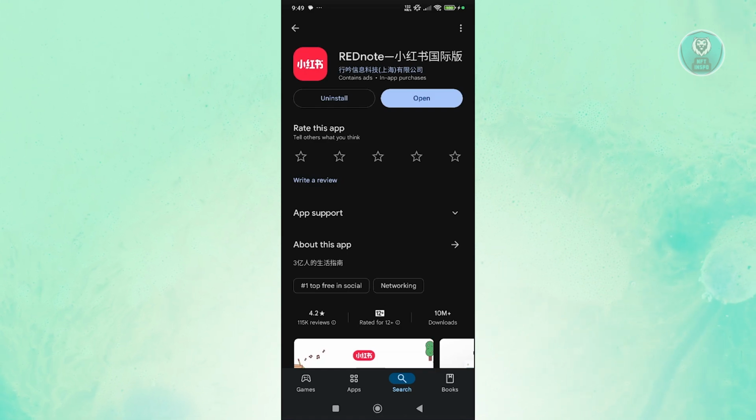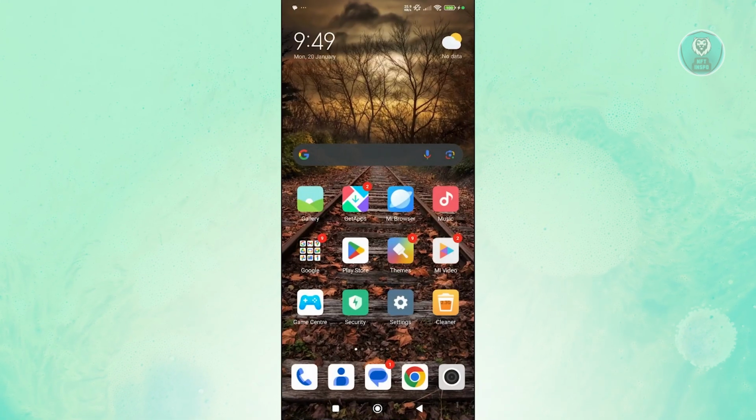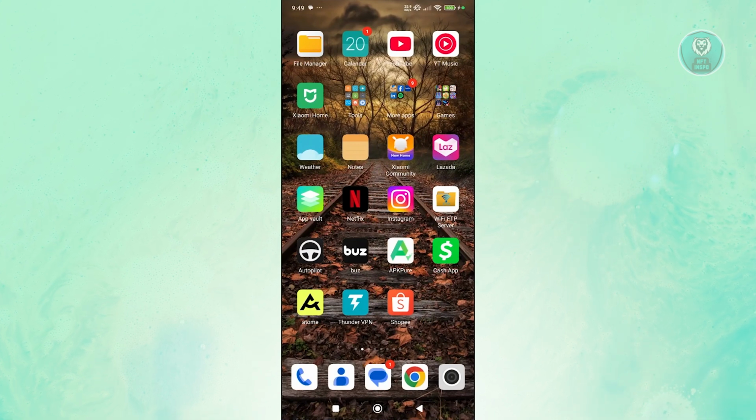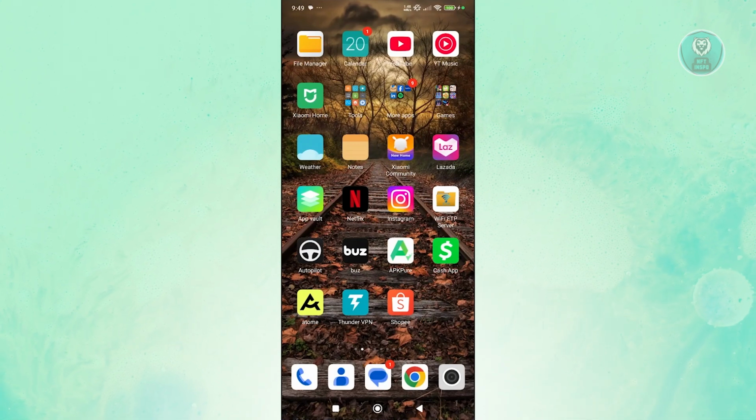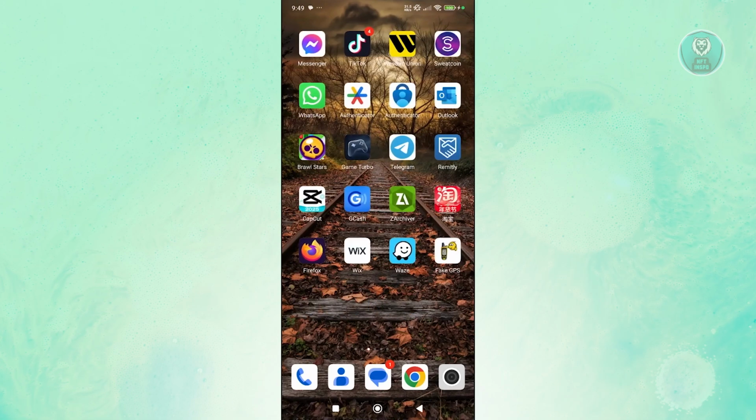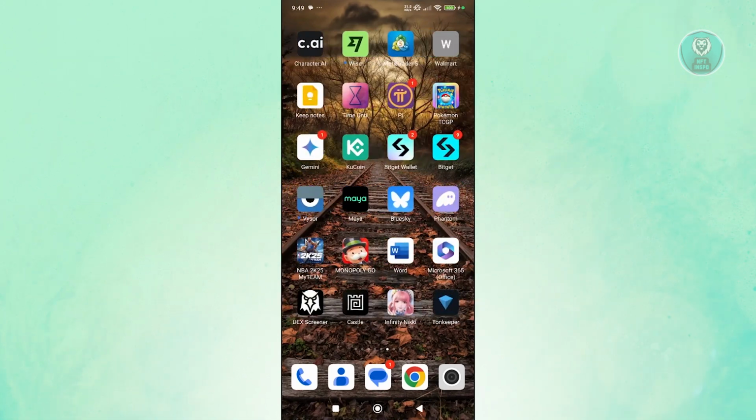Now, if that doesn't solve your issue, the next thing that you want to do here is restart your actual phone. Sometimes your phone might be the actual problem, so restarting it can solve a lot of issues. But just in case that doesn't work, the next thing that you want to do here is